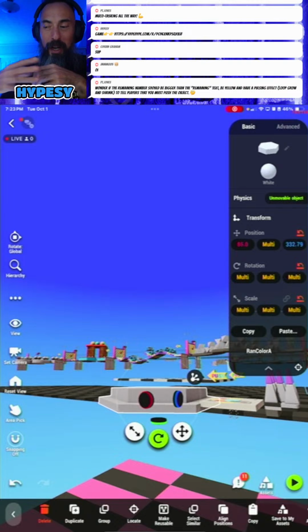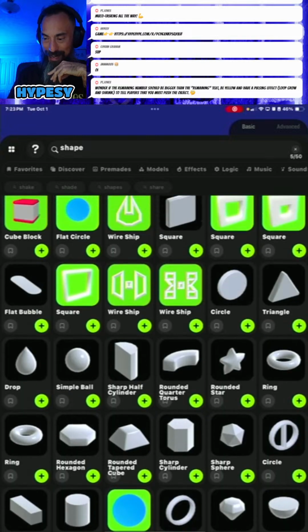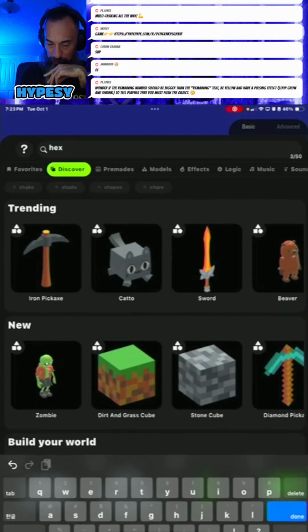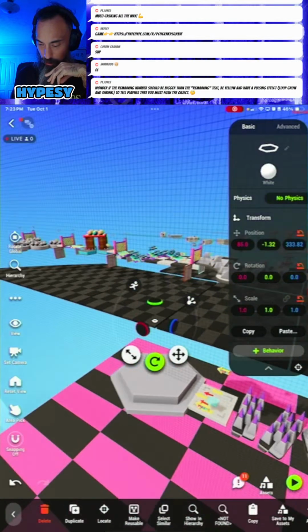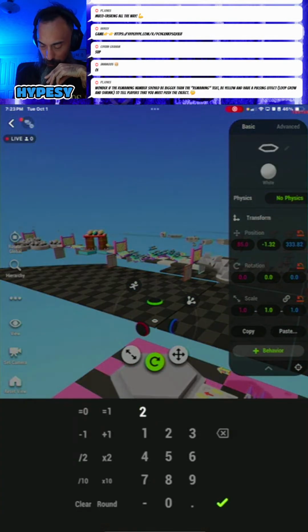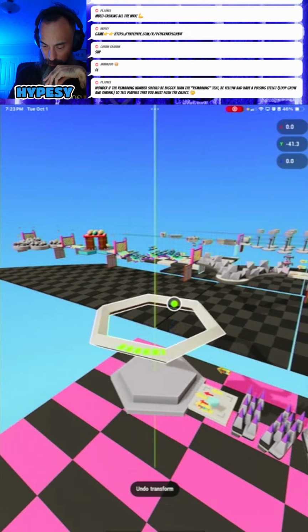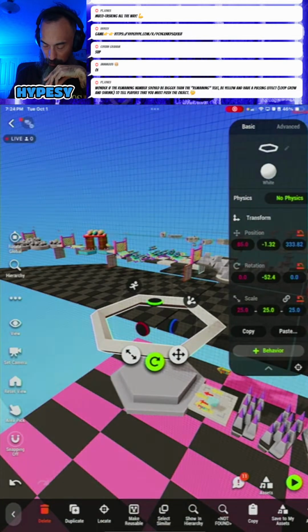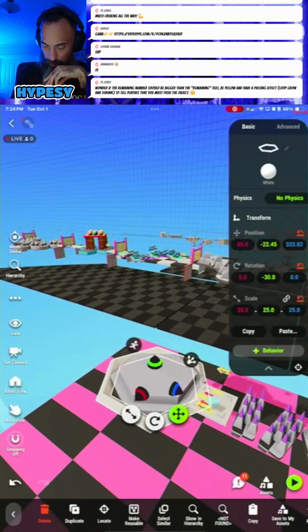Okay, so this is also an object that stays still. So I've been trying to do kind of like color coding. What is that, a hex? So let's see if we have any hex. This one kind of works. What was it, 25? Go down here.